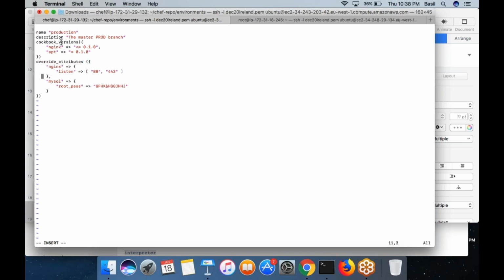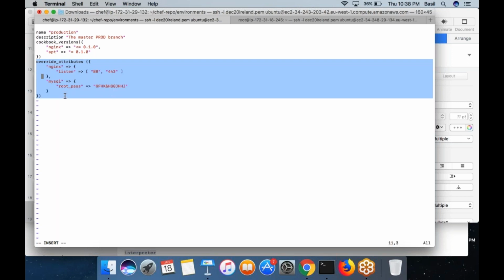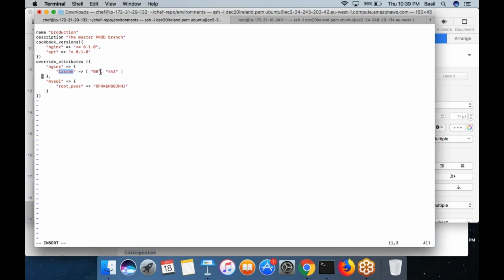Alright, I told you that you can version the cookbooks, right? Whenever you make some change to the cookbook, you can give a different version number before you upload that into the Chef server. So different versions of your cookbook will have different version numbers. You can mention which version needs to be applied on the machines that are in the production environment. And over here you can also specify override attributes. I told you these are the settings that get the highest priority. Whatever you write down inside the environment gets the highest priority. You are basically setting which port Nginx would listen on. You are defining an attribute for that. Then you are defining an attribute for the MySQL root password.